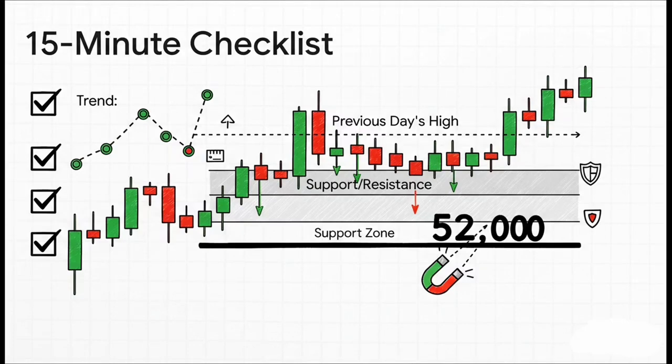Second, where were the key levels from yesterday? Go ahead and mark the high and the low. Third, where are the major support and resistance zones? And finally, are there any of those big psychological round numbers nearby, like 52,000? Those things are like magnets for price. So, looking at all this together, the higher lows, the nearness to support, we can establish a pretty clear bullish